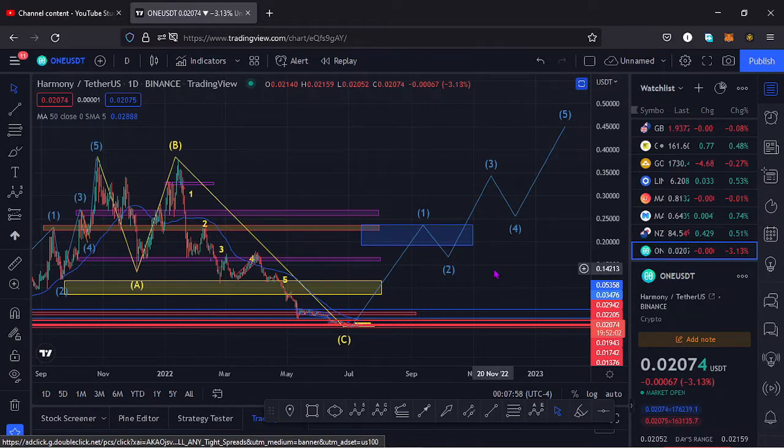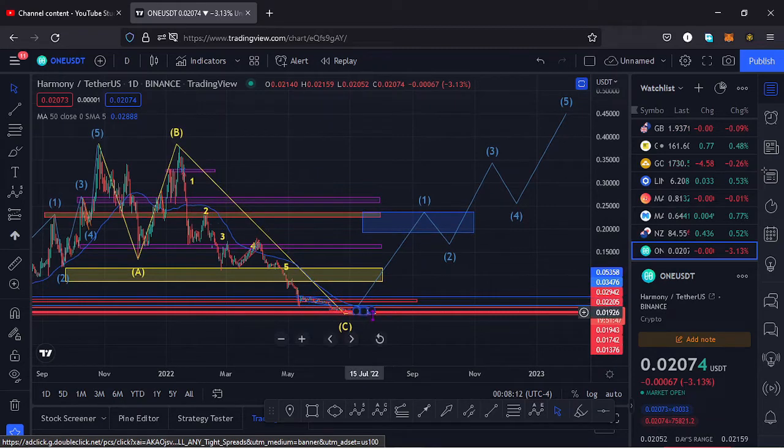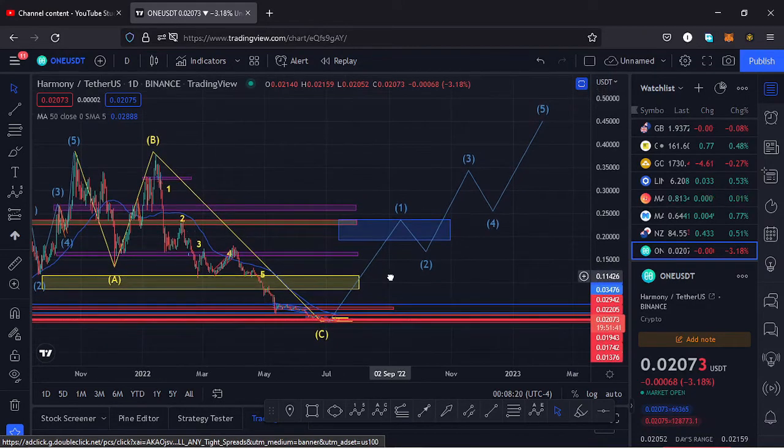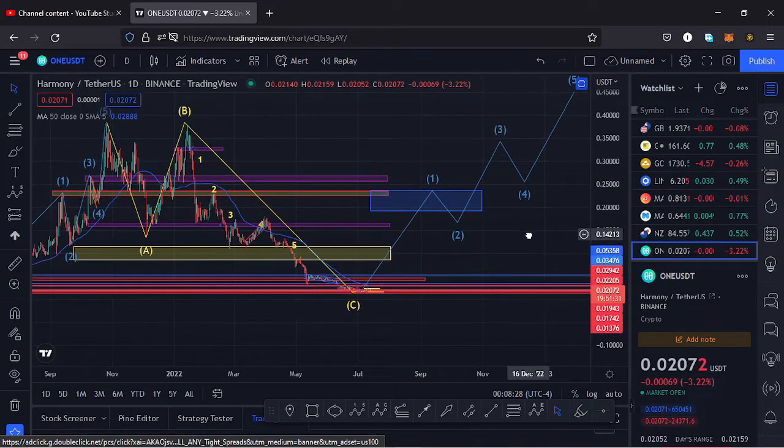I'll kickstart the video by giving a brief of what has been happening on this chart. From the all-time high, Harmony One has been seeing lower prices in this massive ABC correction, taking us to around the $0.016 mark. And having done that, I believe Harmony One has done whatever it needed to do in its ABC correction, and soon we might see this pump to the upper side, having a wave 5 taking us back to an all-time high. And to give you the key scenarios that I expect to play out, I'll be using the